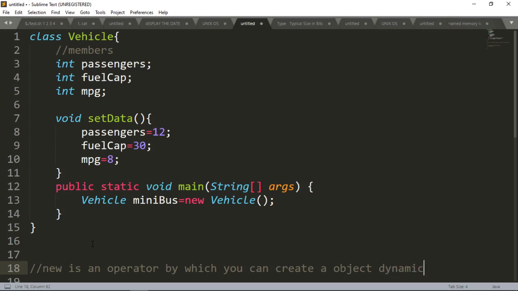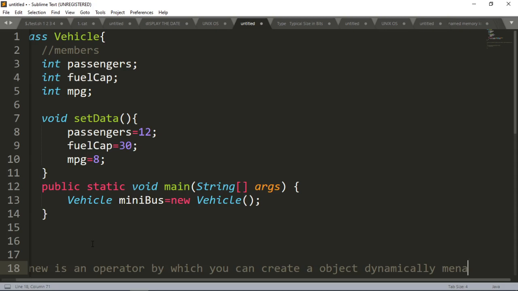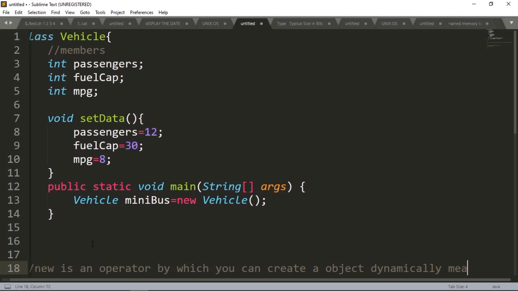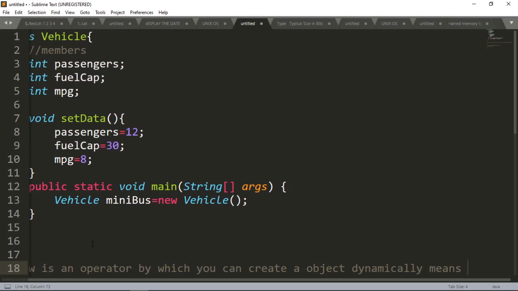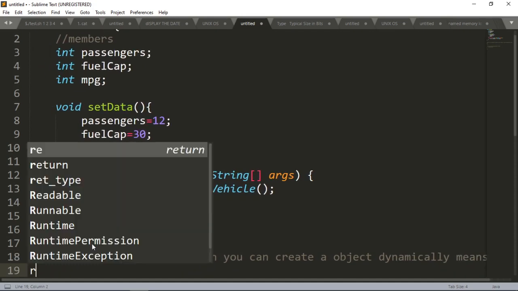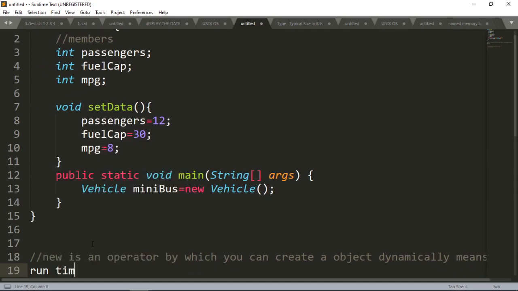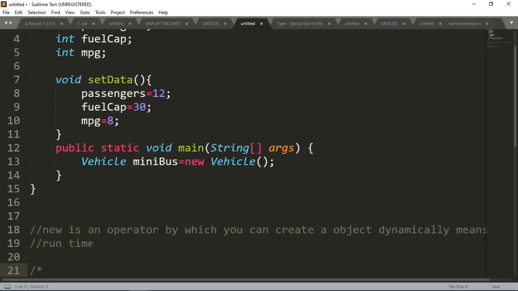Dynamically means at runtime, and runtime means execution time. Whenever you execute your program, at that time the object will be created. After the call of the main function, the object will be created in memory.